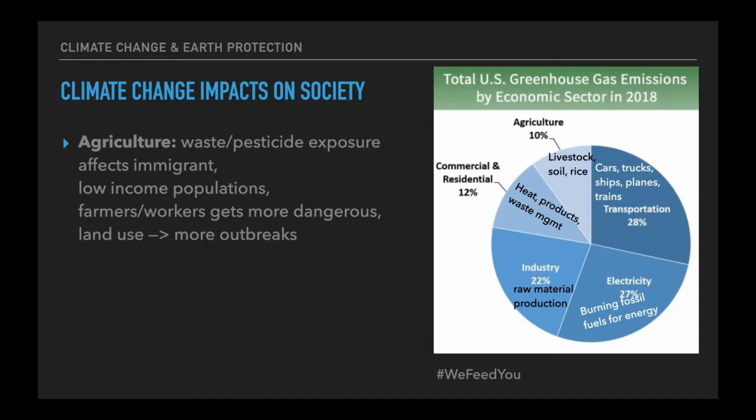And we're going to see waste and pesticide in runoff and just what gets distributed through the air. That's going to affect low-income populations because these large-scale agricultural systems that we tend to put in place generally are placed in low-income areas. So all of these impacts that come about from us consuming are going to disproportionately affect the people who have no other option but to live near these locations.